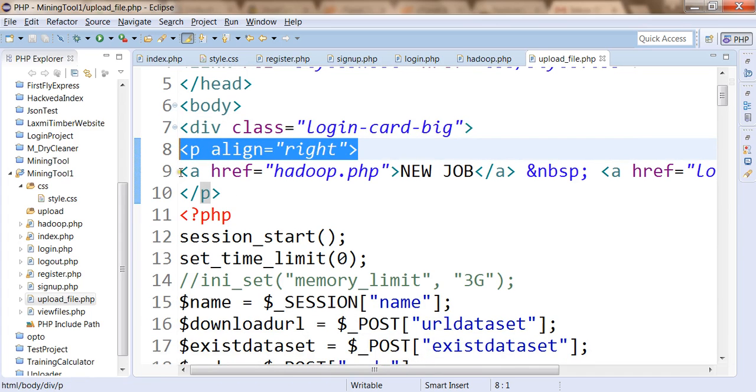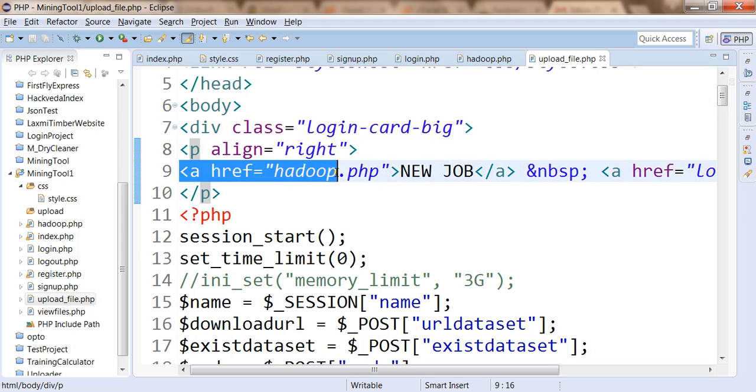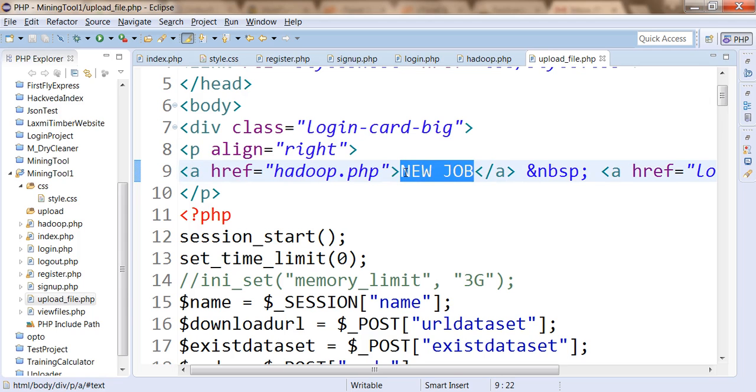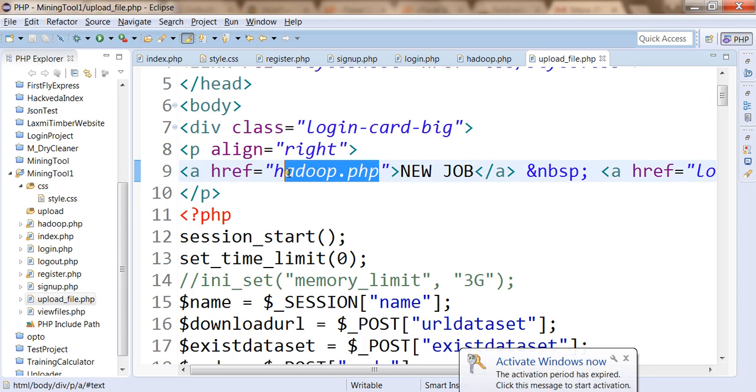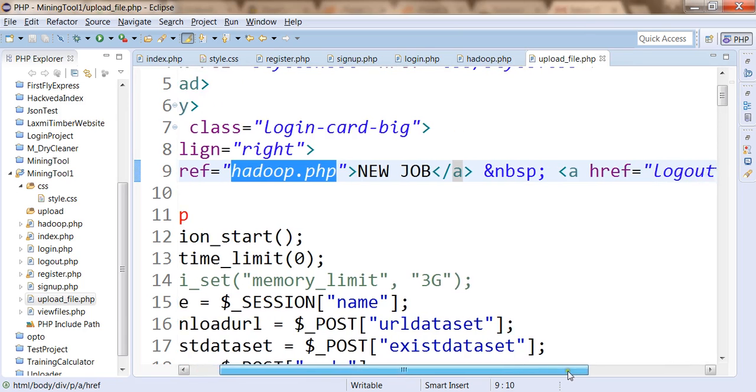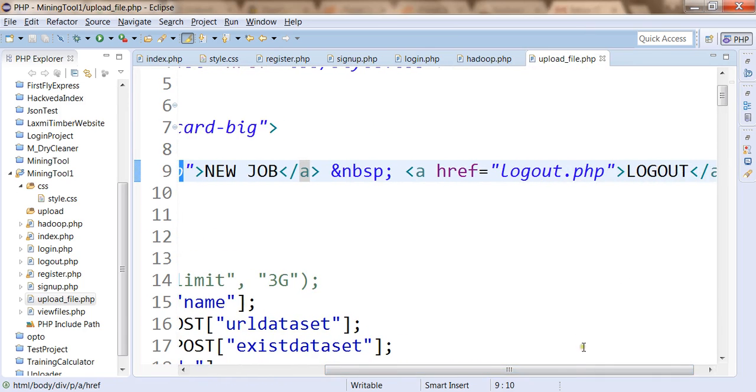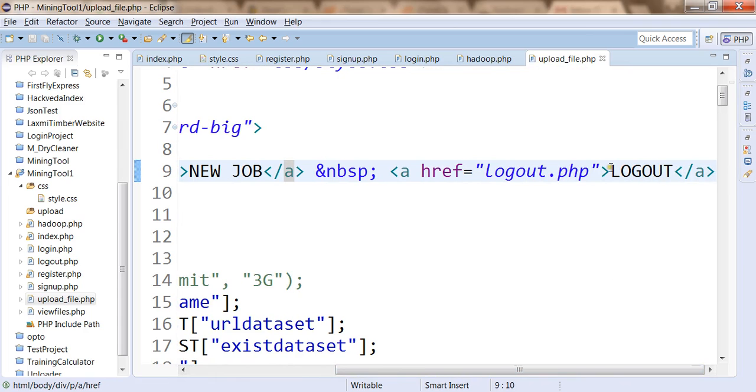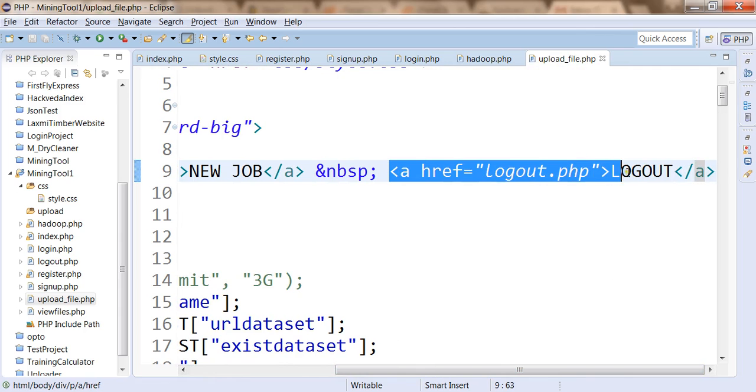Within that right-aligned paragraph, we have an anchor tag. In this anchor tag, we have written a label known as new job, which redirects to Hadoop.php in order to get started with a new Hadoop test or a new job for the mining tool. Otherwise, we have one more option known as logout.php. Once you click on this label logout, you will be redirected to logout.php and you will be logged out